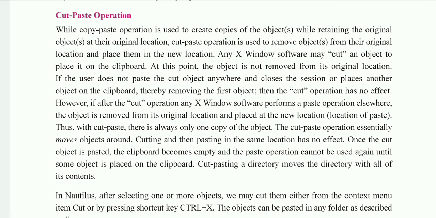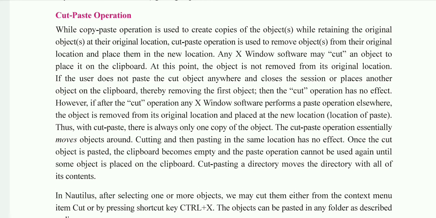That cut operation is just aborted, and that file is as it is at the same location. Whenever we are performing the cut and paste operation, we are always thinking, what if my file is lost, then what will I do? But that will not happen, because if you do the cut and then forget to do the paste operation, the file will stay as it is at its position. Now what happens if you perform the paste operation?